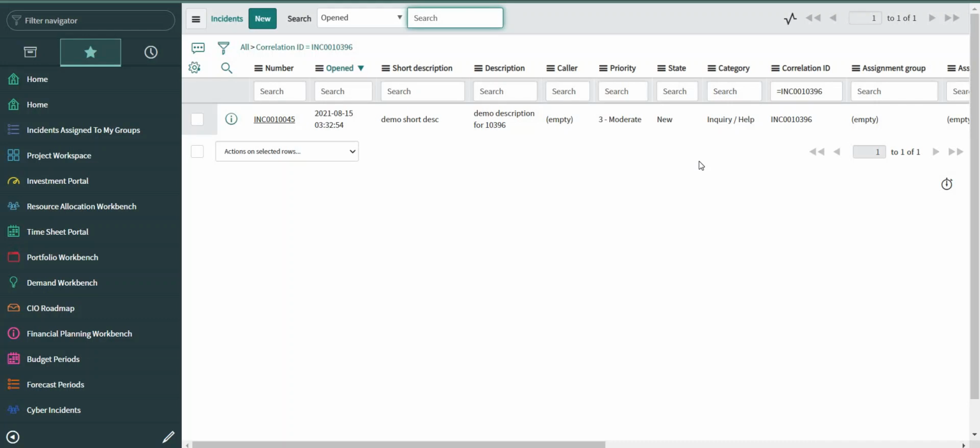But as I mentioned, if you're not using the staging table, you're inserting incidents directly into your incident table, then you need to use the appropriate HTTP methodologies like post when you're trying to create an incident, patch when you're updating an incident, and that is the recommended approach as well if you're dealing directly with the